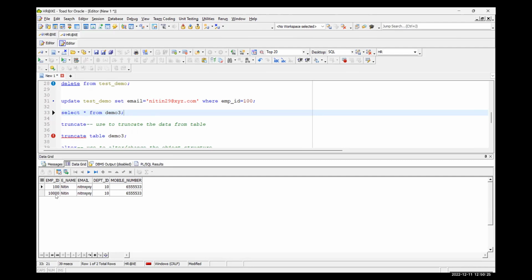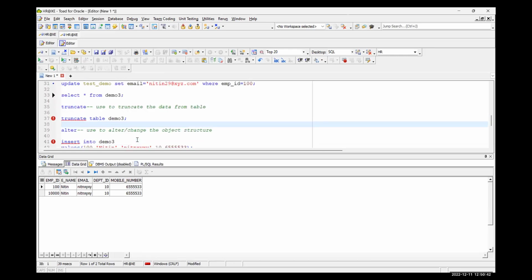This is not the only purpose of alter. There are again different purposes of it. We will see it in the actual lecture, but just keep in mind we use the alter command to alter the structure of any object. So this is how we covered four commands of DDL, data definition language.